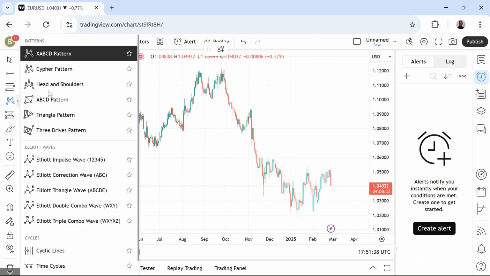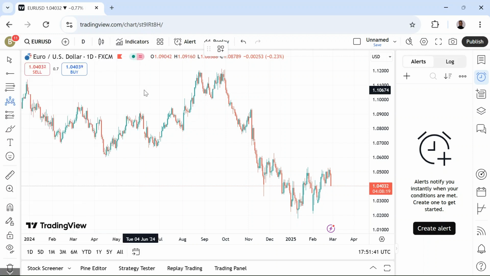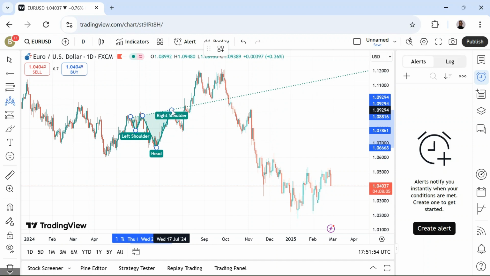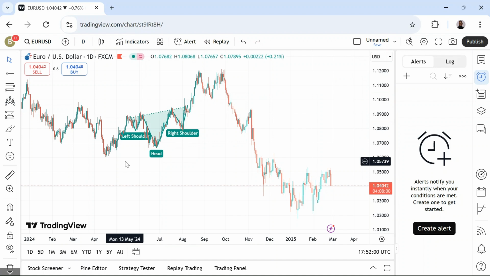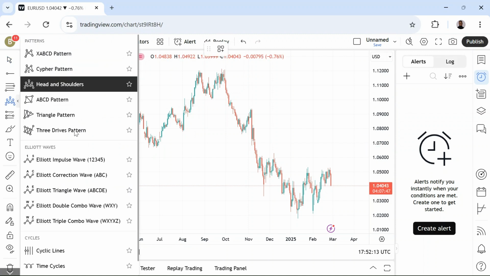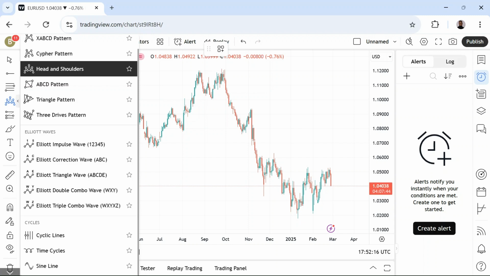Let's try the head and shoulder pattern. I'm not sure if it will work for inverse. Okay, did it just work for inverse head and shoulder? Yeah, I mean, this is not a proper inverted head and shoulder, but I just wanted to show you how to make use of this for your patterns. Normally the best way is to use your trend lines, but sometimes you just need to have